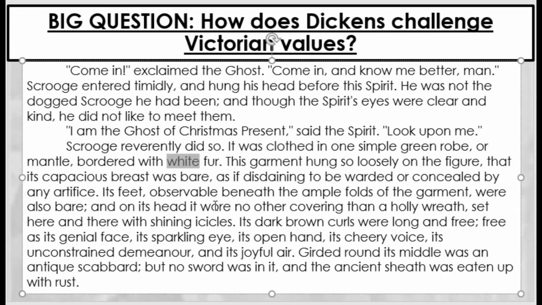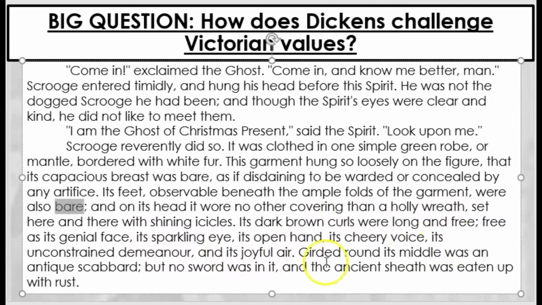The ample descriptions of food and the descriptions of its ample folds, ample meaning large and spacious. On the one hand, it's suggesting the spirit is actually kind of a fat figure, probably because it's eaten lots of this nice food. But it's also this idea of nature as being full of life, fat with kind of its resources and its potential and the things it has to offer all humanity. And the idea of its kind of bearing its flesh and showing its kind of nakedness is this idea, again, that it's got nothing to hide. It's pure, it's noble, and it's not attempting to hide anything anyway.